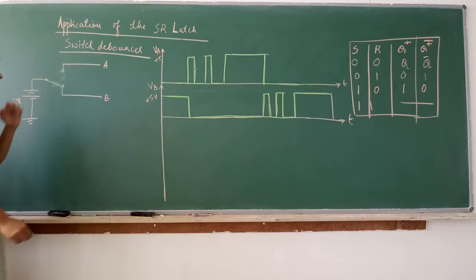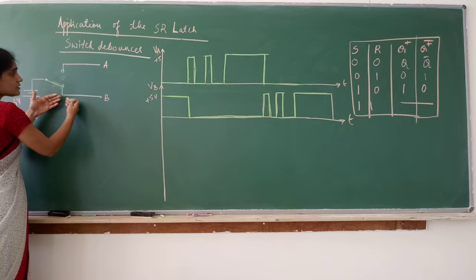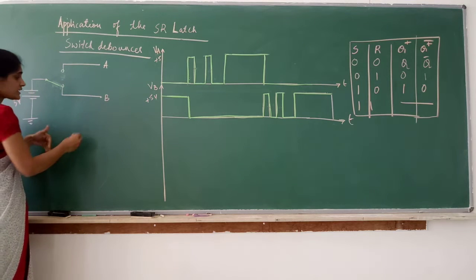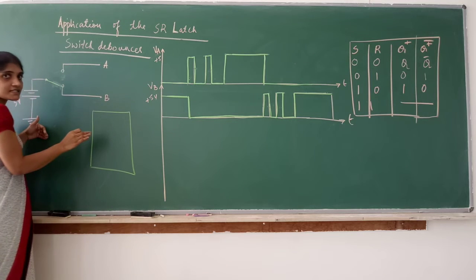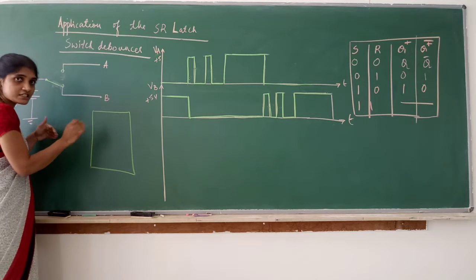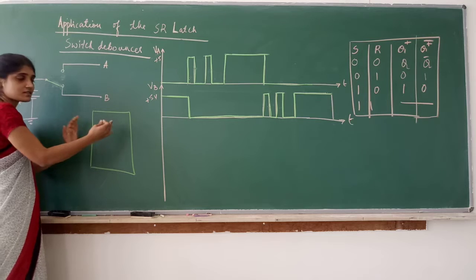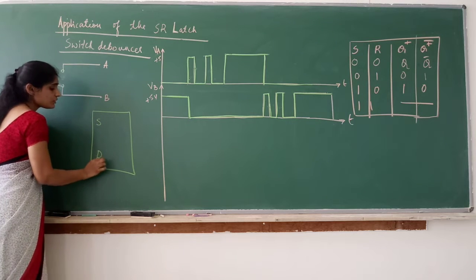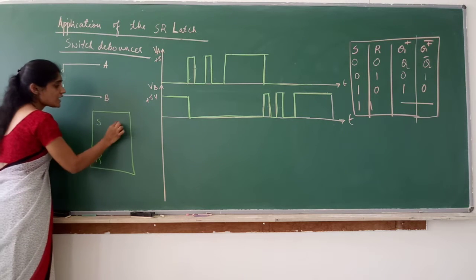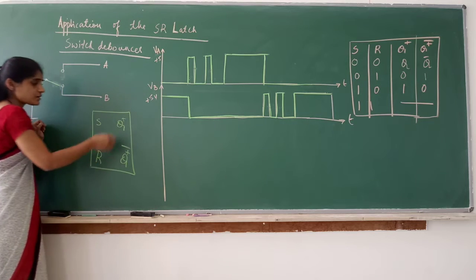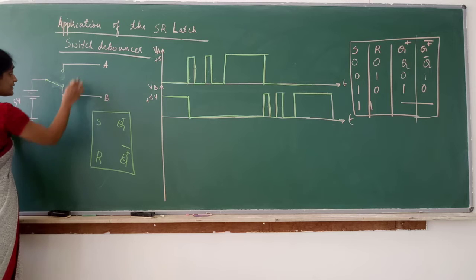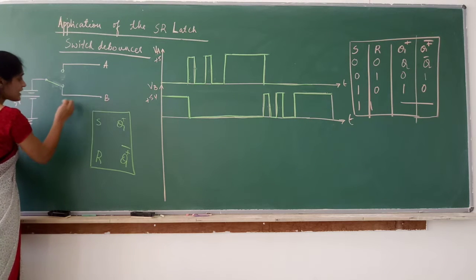See how it is, very simple. Now this is the normal switch. Using an SR latch, I will be writing it very simply. Again, as I said, we will not be writing the circuit, we will just be representing the SR latch using the logic symbol. So we know the logic symbol of an SR latch. It is very simple: S, R, Q, Q bar. You can write Q plus and Q plus bar, because it represents the next state. And these switches are given to the SR latch.